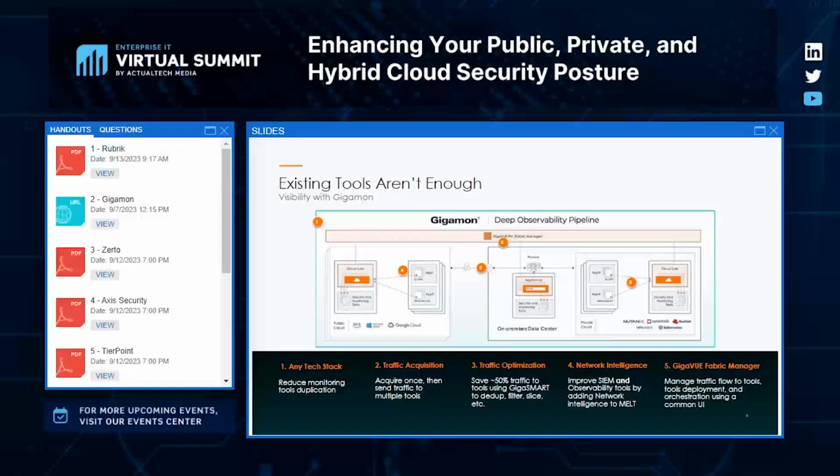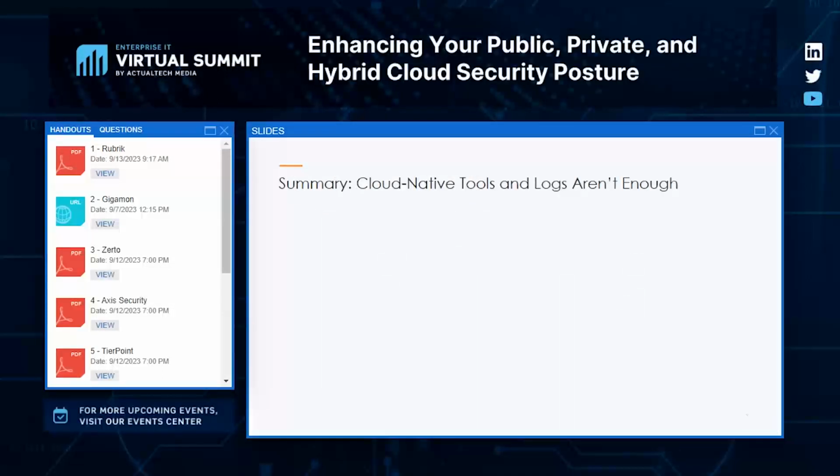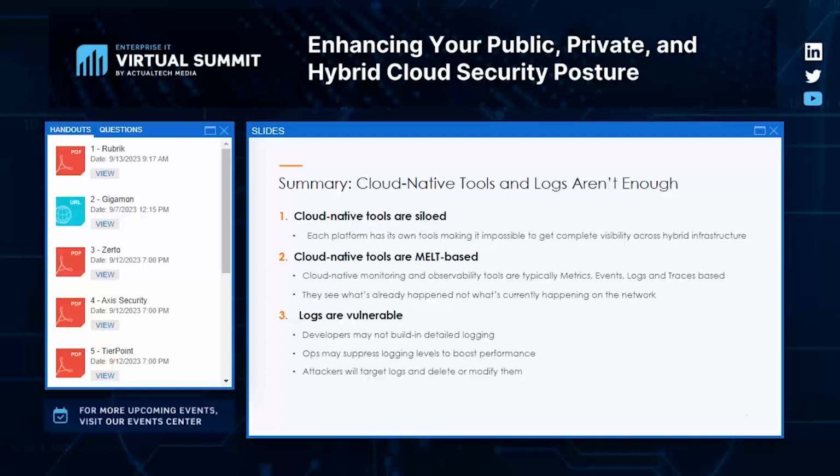And one fabric manager helps manage all of this, as I mentioned, or you can use native automation and orchestration. Let me go ahead and build this out as well. So in summary, native tools are awesome if you're going to live in that single platform from a management, monitoring, and security perspective, but that's usually not the case. Usually customers tend to be multi-platform, and having tools that are siloed can cause issues when it comes time for security, when it comes time for troubleshooting. It can get pretty complicated pretty quickly.